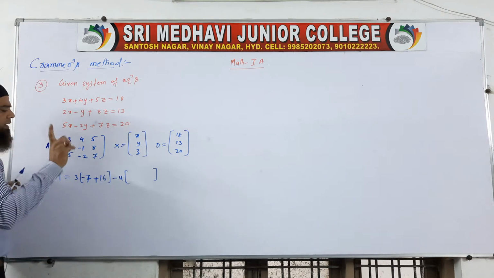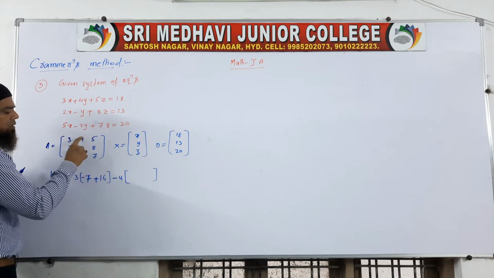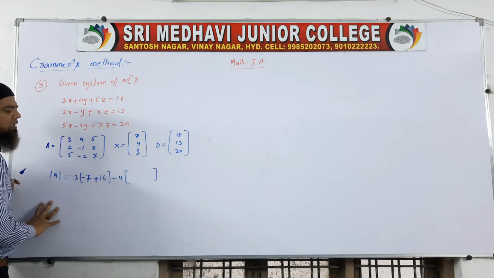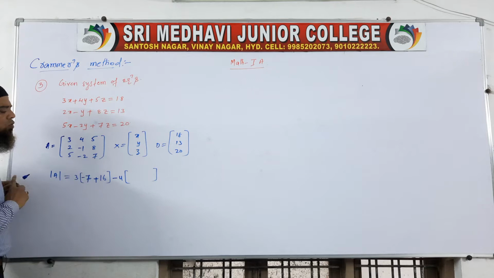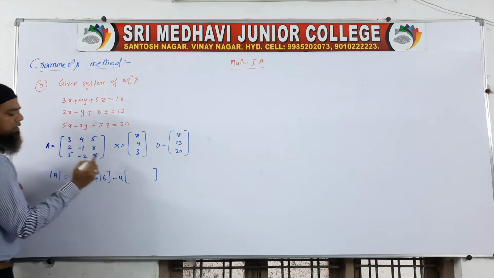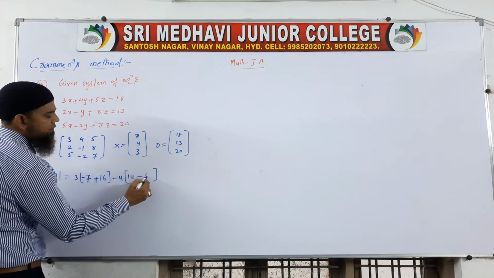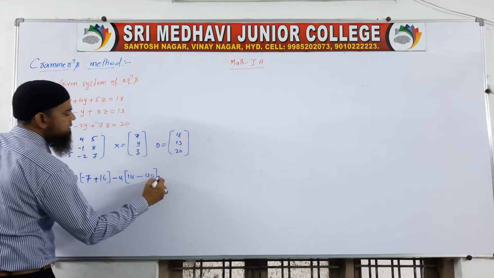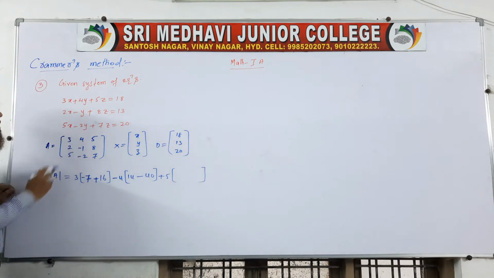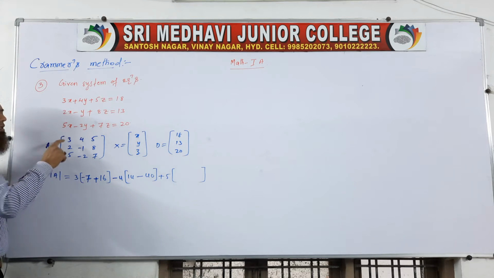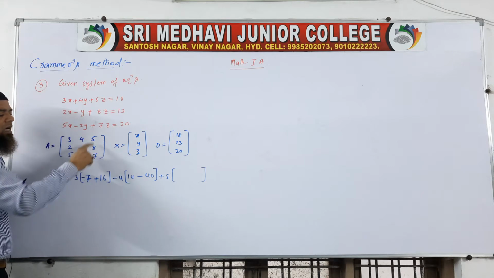Now with your index finger, 4 is present in the first row and second column. First row, second column. Eliminate it. What are the remaining elements here? 2, 8, 5, 7. Do AD minus BC again. 2 into 7, 14, minus 5 into 8, 40. What is the last number? 5. Plus 5 into, now remove the column and row. See, this is the row where 5 is present. This is the first row and the third column. Eliminate it.